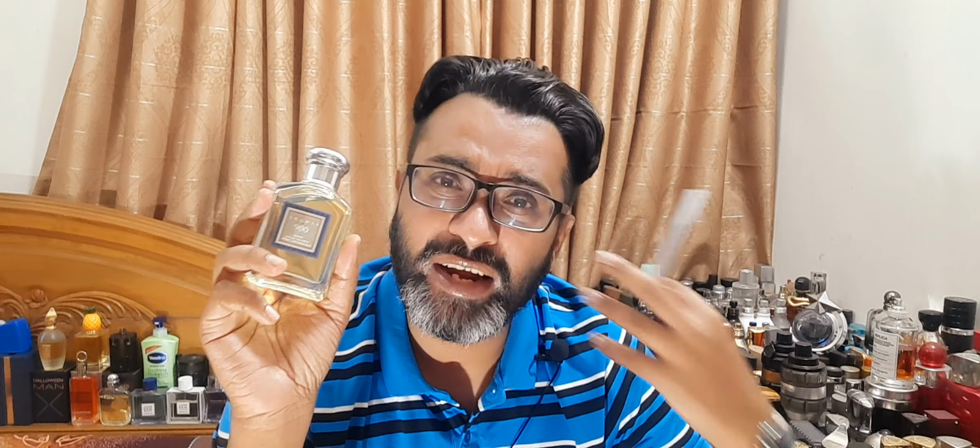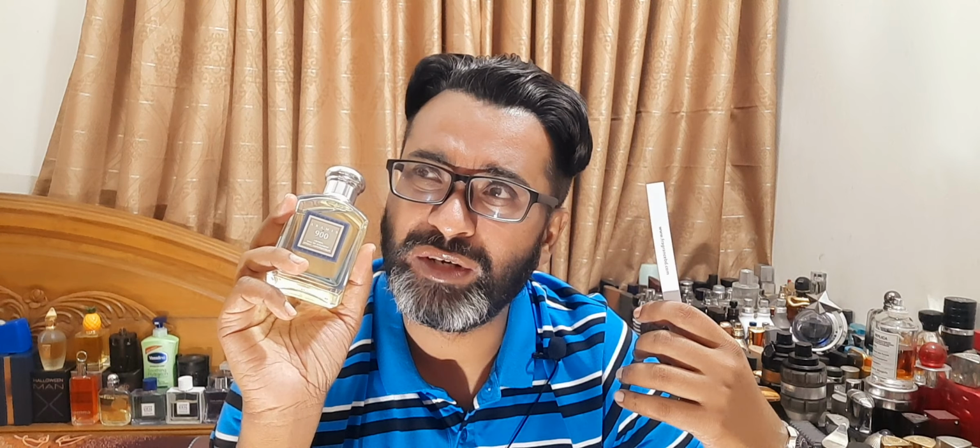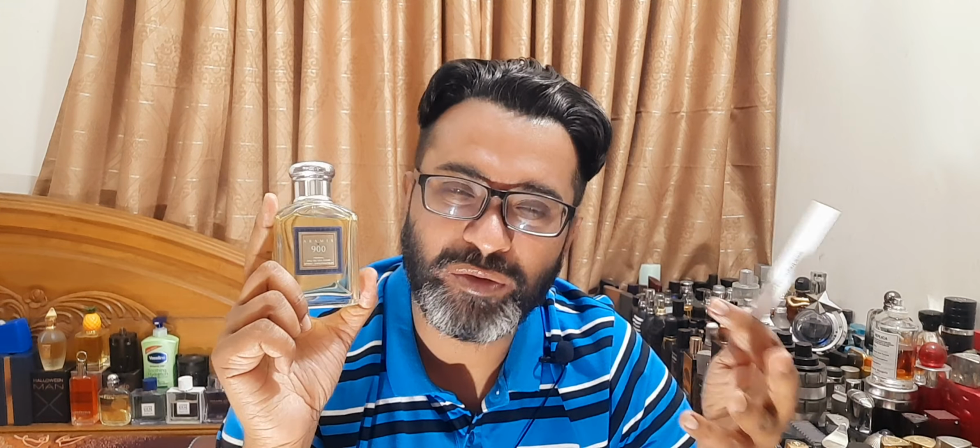Penhaligon's is a house with great fragrances, like Halfeti. They have the other ones, like the tailored theme one. They have many other fragrances, but they don't last for the most part. So for me, it's a disappointing house, though I really love their fragrances. The one I want to buy smells like a tailor's shop, a beautiful fragrance. I forgot the name. But if this fragrance was released from them, this fragrance has excellent longevity, 5-6 hours easy